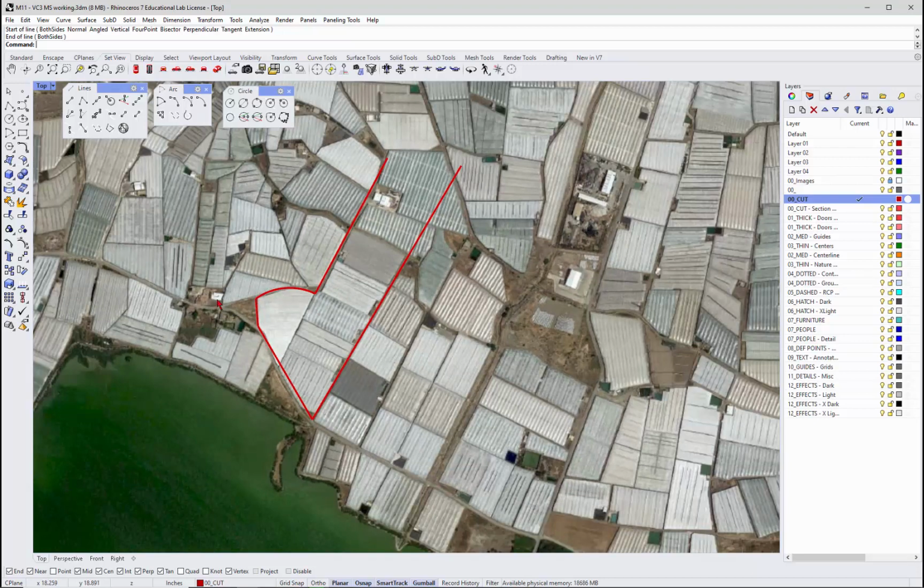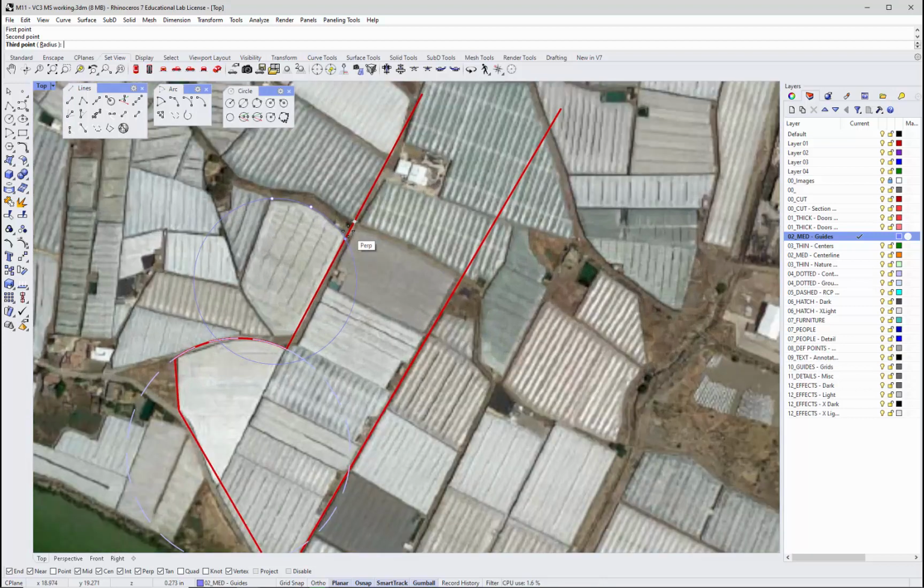We have an arc over here, but I think we got that guy. So let's go ahead and make a guide there. I'll go to guides and I'll make a circle, 3-point circle, just one. Doesn't matter where I pick on here, it'll make a circle for me. So I've got a circle there. And then maybe we make a sort of a guide with this one right here. It's a small arc, but it'll make a fairly